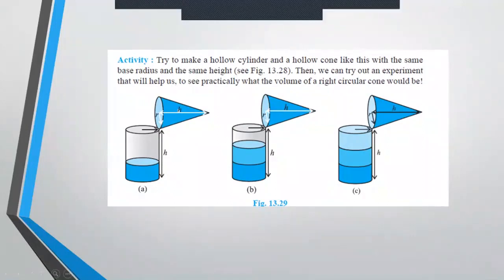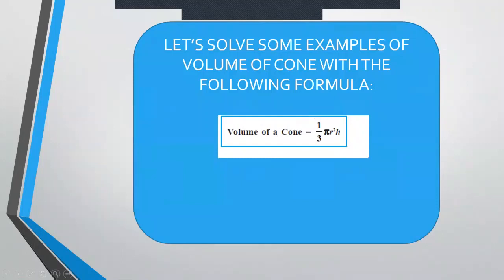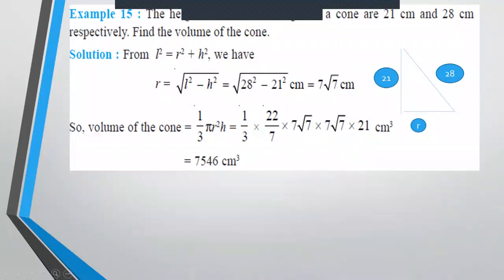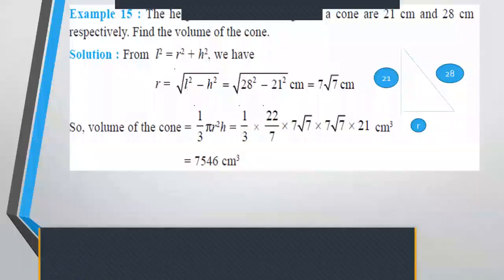So here both the heights are the same, and the radiuses of the base are the same. If you fill water into the cone and keep on pouring, you will see you have to fill the cylinder 3 times. So 3 times the cone's volume will be equal to the volume of the cylinder. This is a very easy thing which can be done by anybody. Okay with that? So moving ahead, this is the formula that we are going to use, 1/3 pi r square h. As usual, I'm going to hide the screen and you will start working on this.